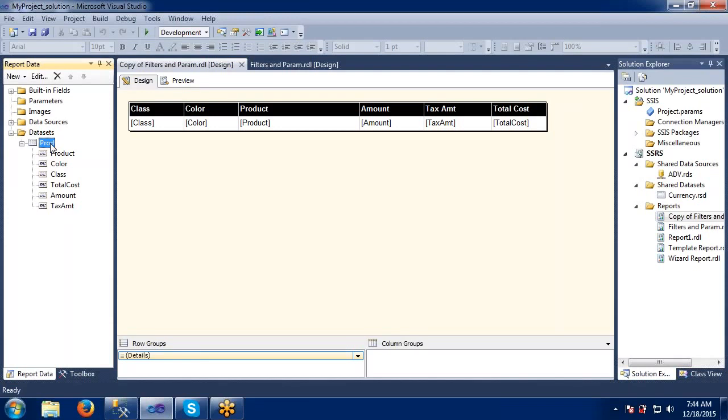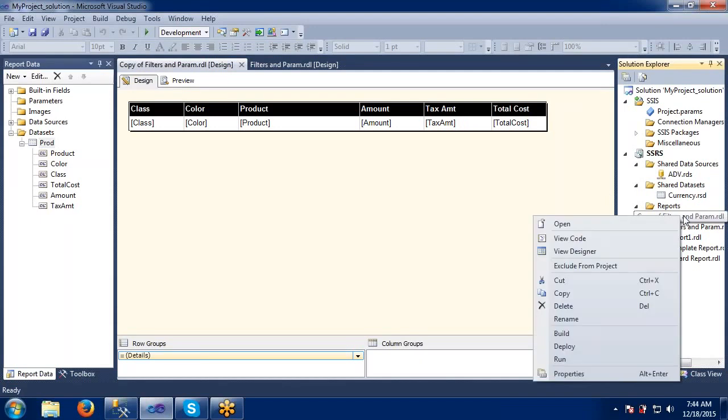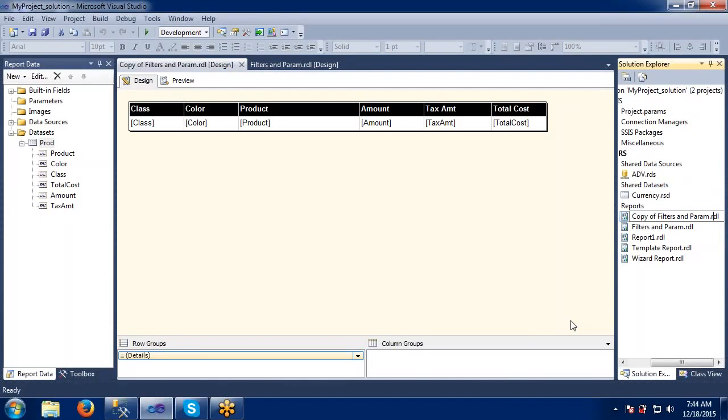And why? Because today we are not going to see the parameters concept, right? So just to check the properties, we just need a simple report. In that we can cover all these properties. For that I have taken another copy of this one. Or else I will rename this one properties.